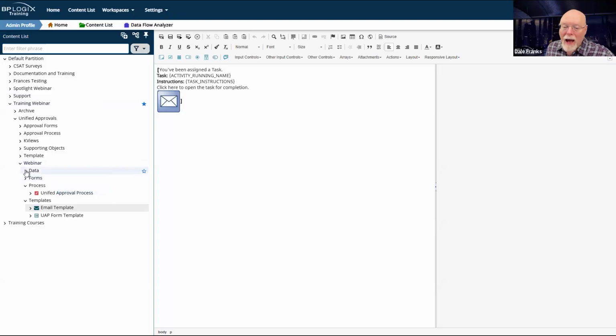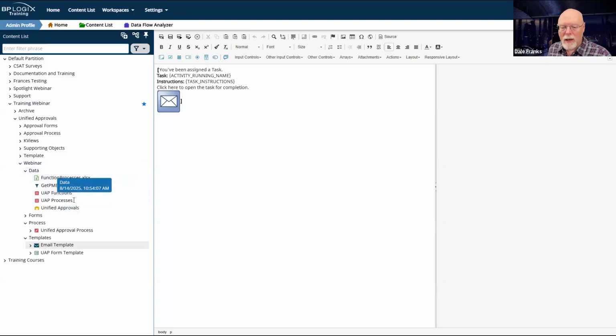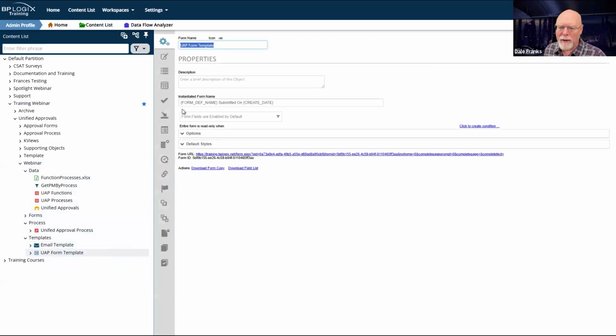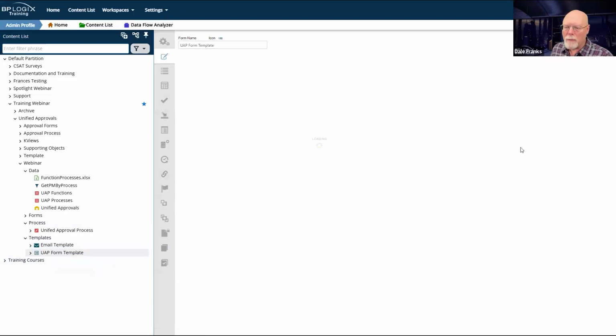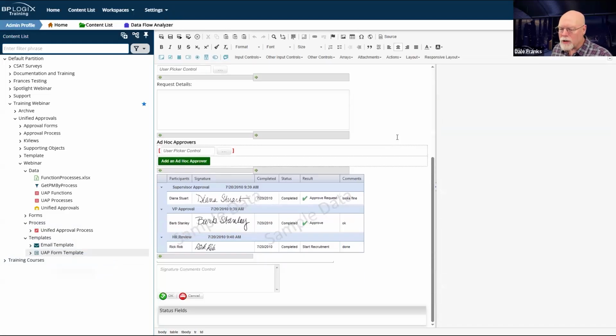The week before last, of course, we created all the background information that we needed, all of our data that runs our process, our functions, and the individual process types that we might need to run. So that is all done. And I believe for the form template, let's take a look at that. I did not set up the instantiated form name. So we are going to need to do that today. But we are at the point now where we have our form template. It is largely at this point configured the way that we want it configured. So we're good there. We now have our email template. We're good there. We have our process.